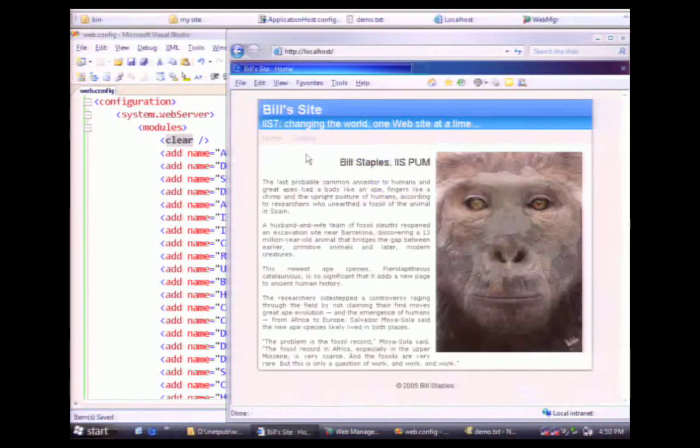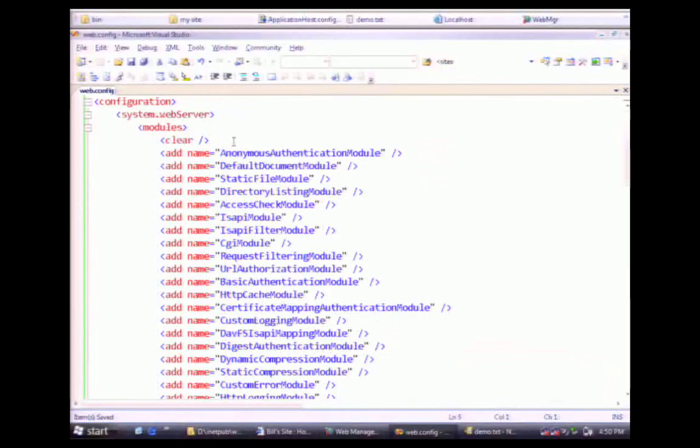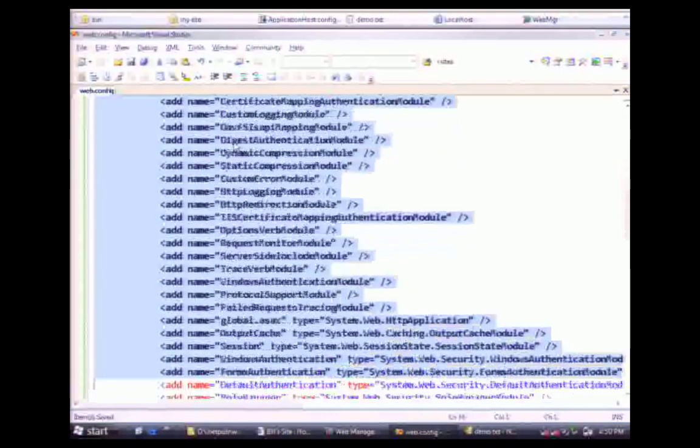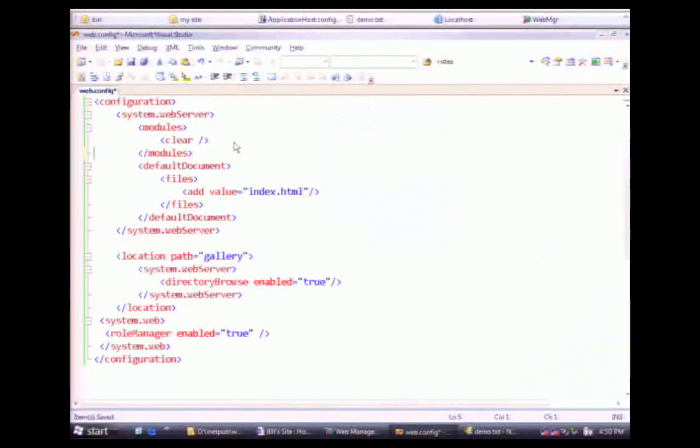It is as expected. Now, the interesting thing you can do, since we have the modules right in front of us, is to say, which of these modules do I need for this site? Do we need ISAPI? Not right now. It's a static file website. Do we need CGI? No way. Do we need basic auth? In fact, just for fun, let's clear the entire module list and just leave the clear tag